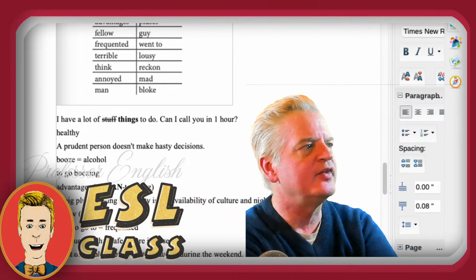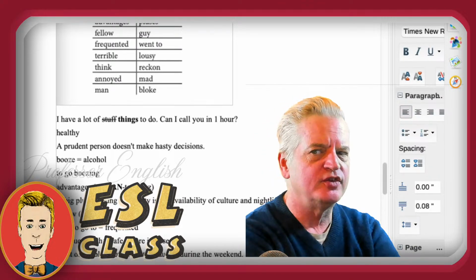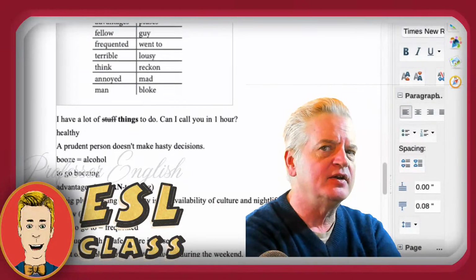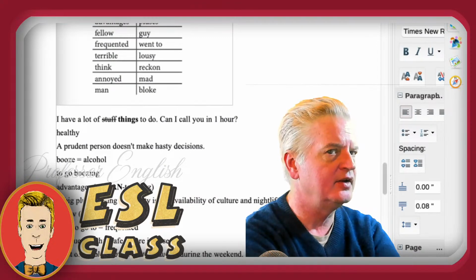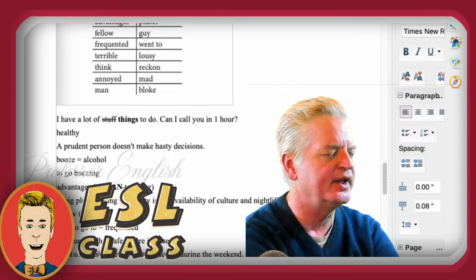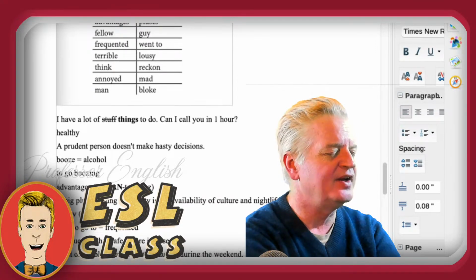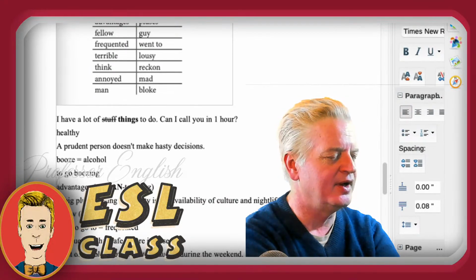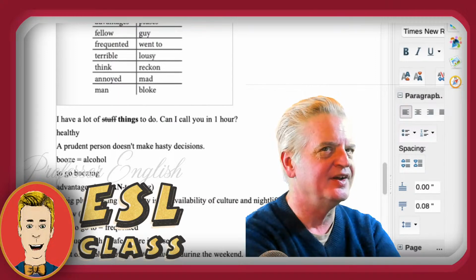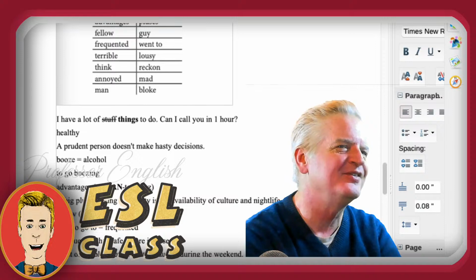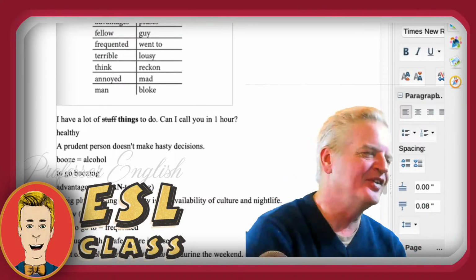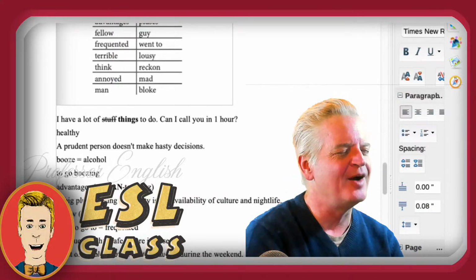Okay, now the next word pair, think and reckon. This book was from the UK, and they do use the word reckon quite frequently in the UK to mean think. It's pretty common. I've heard a lot of people doing it. It is used in the United States, but only in a very small area. So if you're American and you say the word reckon, people will say, oh, you must be from the South, because it's not very common throughout the United States. It's just another word for think.